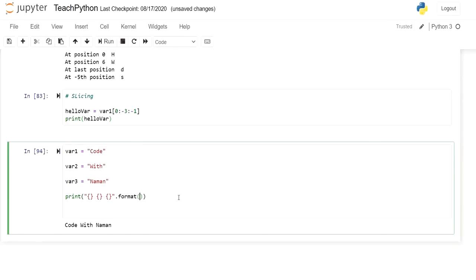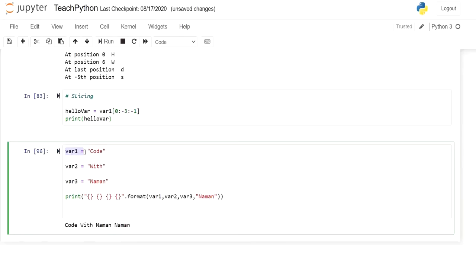So for example, if I say first variable var2 and var3, you can see the output is the same, but it is much cleaner and much easier to write. Okay, so if I want to add one more variable here, I will simply use it like this and then enter the variable here. You can see, these curly braces are used to put the variable inside. So basically these curly braces, according to the sequence, will replace these variables, right?